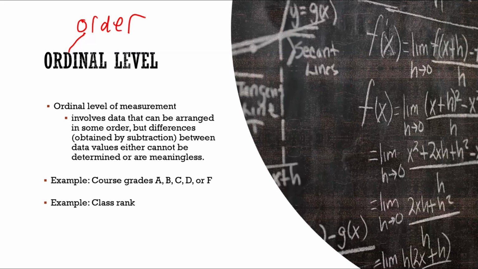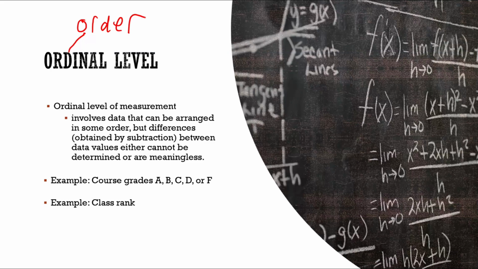An example, on the baseball team: I could take all of your team's batting averages, put them in order, and then give you a ranking. This is the player with the first highest batting average, second, third, fourth, fifth. The difference between the first and the second could easily be more than the difference between the 10th and the 20th. I don't know if you have that many people on your baseball team, but you get the idea, right? If you're doing something that's a ranking,